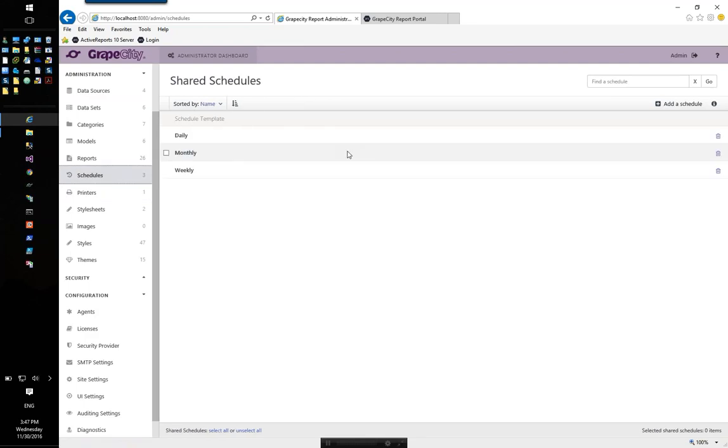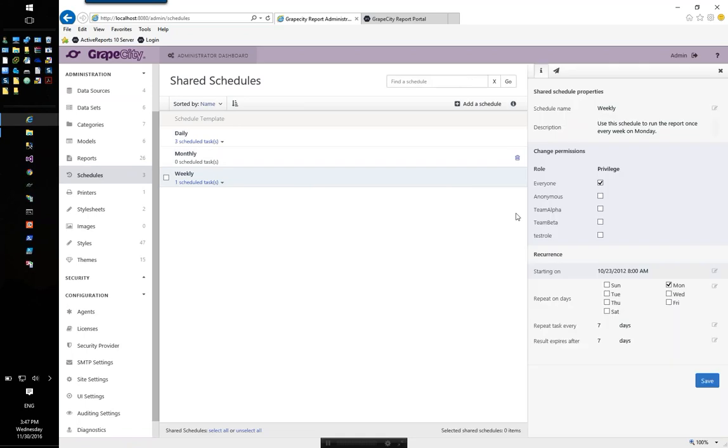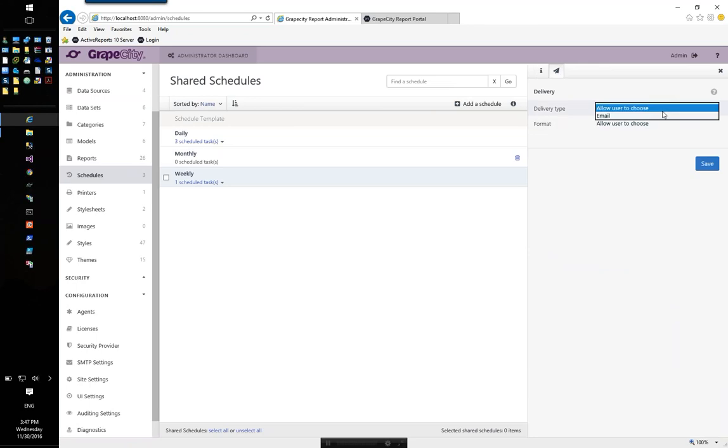From a schedule perspective, it's the same. So we have the weekly schedule in which we are allowing them to choose what the delivery type is. If I specify the delivery type, I can specify the specific printer as well for the task, right? But we'll let the user choose that, right? And we can say, well, with printing, it doesn't really matter, right? So we'll just use that. We'll leave it at that, weekly, and we'll go back to our portal,